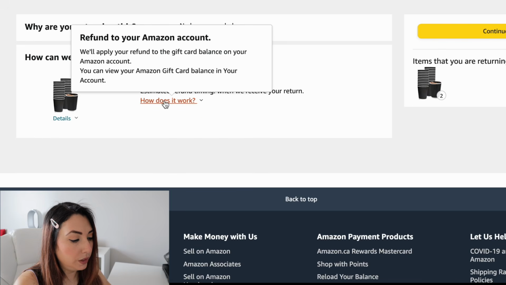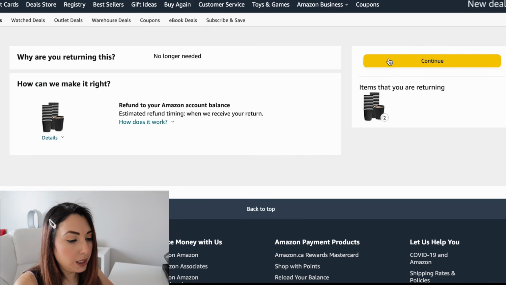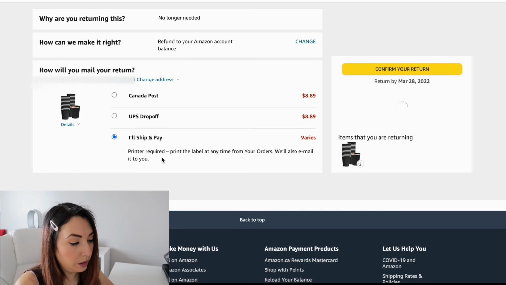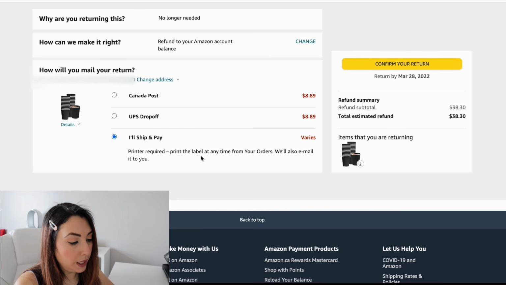You can hover over this how does it work, and it says we'll apply your refund to the gift card balance on your Amazon account, and you can view your Amazon gift card balance in your account. So I'm gonna click on continue. I have these three options to return it. I'm gonna choose I'll ship and pay. Printer required. Print the label at any time from your orders. We'll also email it to you. So I'm gonna click on confirm your return,